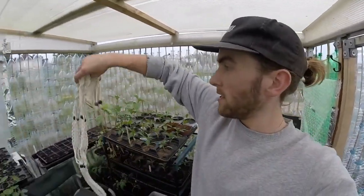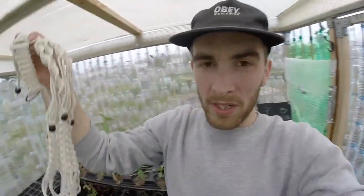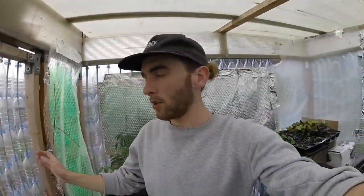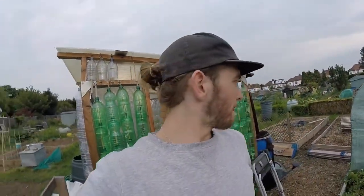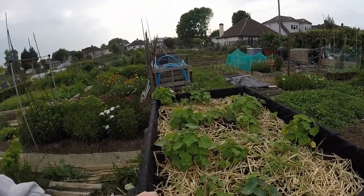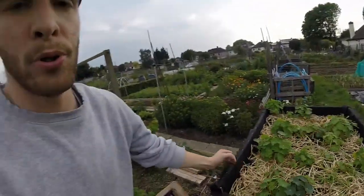I put that upside down, and I think they'll look really cool just hanging in the greenhouse, make it a little bit homely. Right, so let's have a little update from outside. So two videos ago, which I'll leave the link to below, on the sturgeons, they're getting bushy now, and as I said, everything's getting really green as well, and I think it's the mix of the nettle tea, which I've been using for